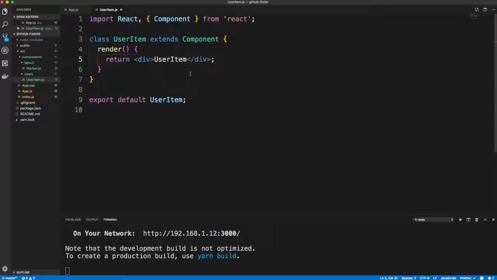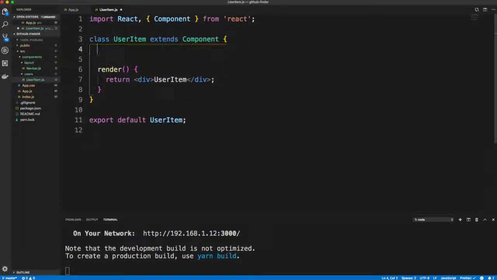And I'm going to add some state. Now there's a couple ways to add state to a class-based component. You can use a constructor if you need to. I wouldn't recommend it unless you need to use a constructor for something else. Basically, it's just a function that's going to run when the component runs. So if we say